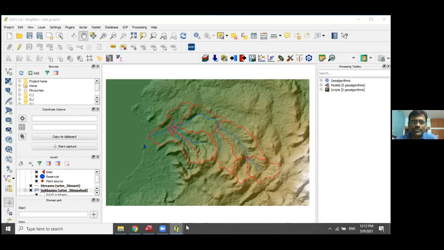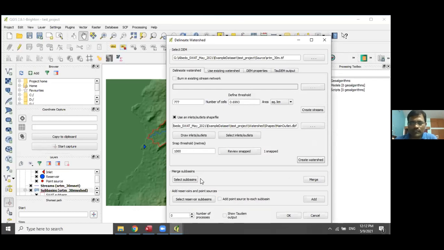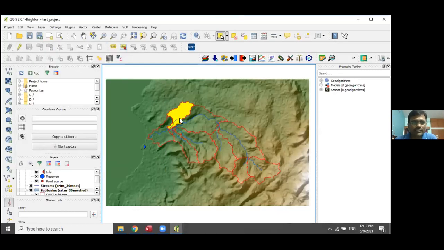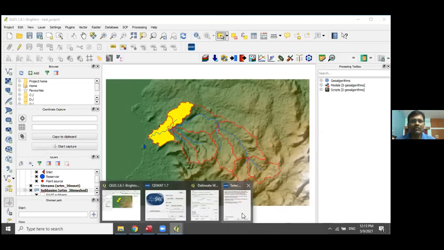For example, I will select the sub basins for merging. You just click on the sub basin which you want to merge, then press control and select the next basin you want to merge. So these two basins I want to merge.